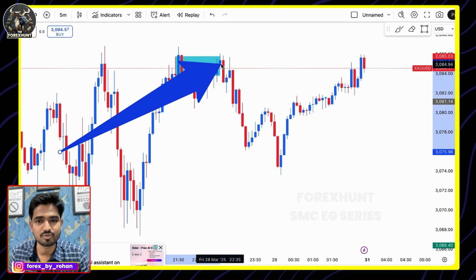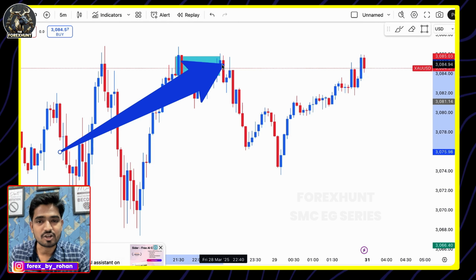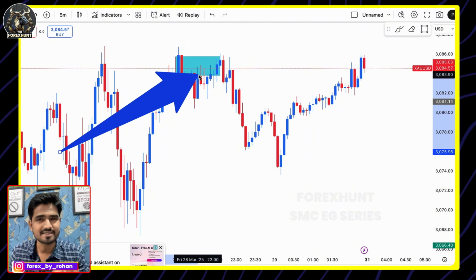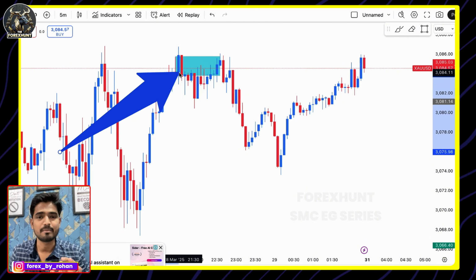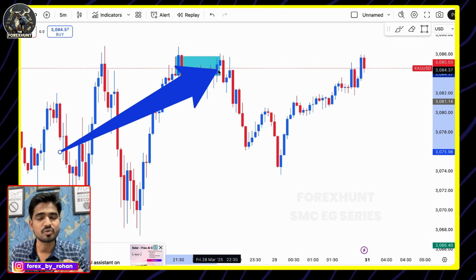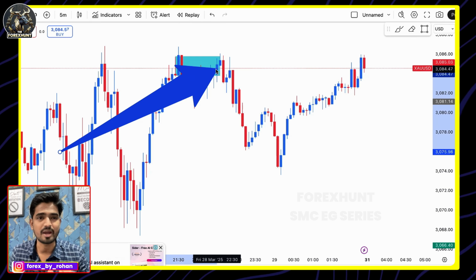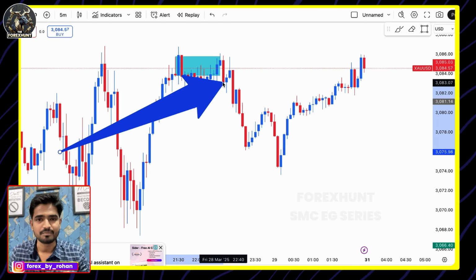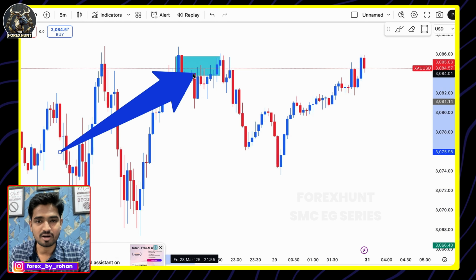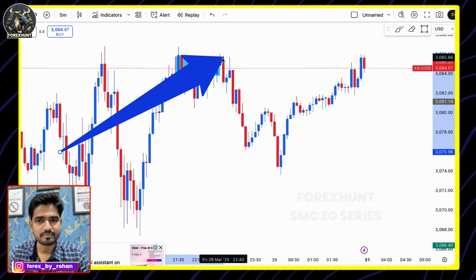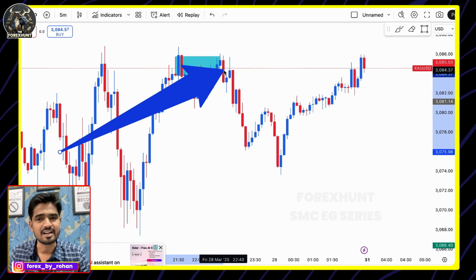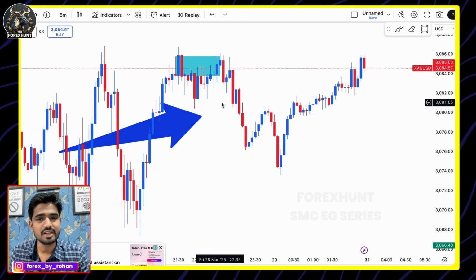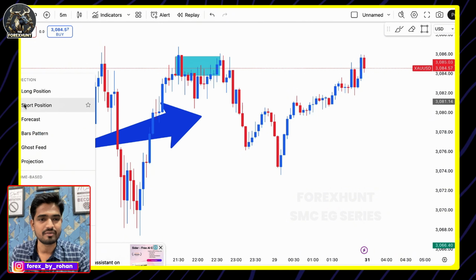Again, market comes to the zone and forms engulfing sell and closes the candle below the zone. Engulfing sell red candle must close below the zone that you have marked with the engulfing buy. If it is closing within the box, that becomes invalid and you have to wait for another engulfing sell, the red candle closing below the zone. For example, in this case, engulfing sell formed and the red candle closed below the zone. In this case as well, engulfing sell and red candle close below the zone. On the retest of it, you will take the entry and you will aim for the minimum of